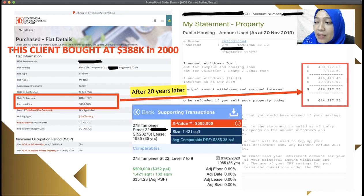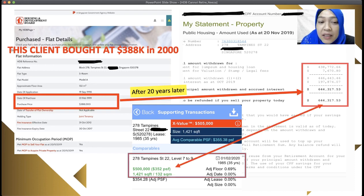Look at the current transaction over here. In fact, the valuation of the property today is only worth 505k, and on top of that, he actually sold it on February the 1st of 2020 at only 500,000. This is an actual transaction. It's not something that we came up with, but this is actually transacted. And if you notice, he has spent 644,000 and today he sells a fully paid property at $500,000. What happened? He lost